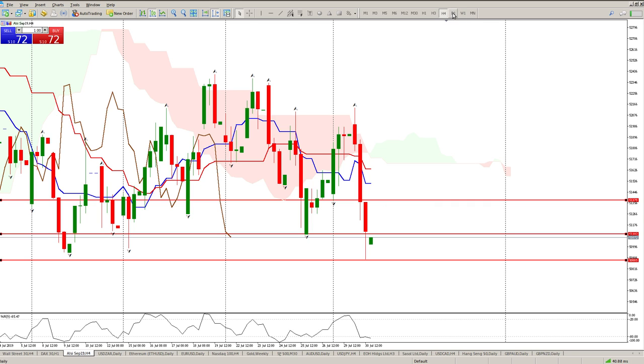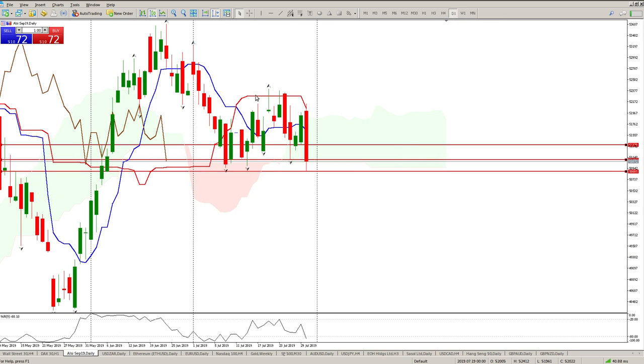I just want to look at the daily as well. So we've had a crossover, Kijun-sen, Tenkan-sen pointing down. We're at bottom of cloud. So a break below this is going to be a cloud breakout, which is going to, for me, mean that there's a continuation of this down move. This consolidation will be over and we'll move to the downside. So that's my view for today. Looking for a short, just not looking to get in off the bottom of this cloud. I want to see a bit of a bounce and then get in shorts